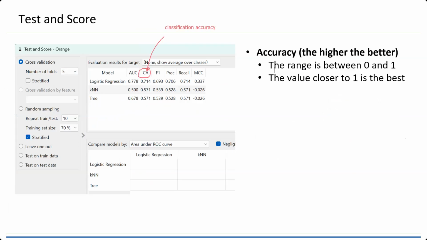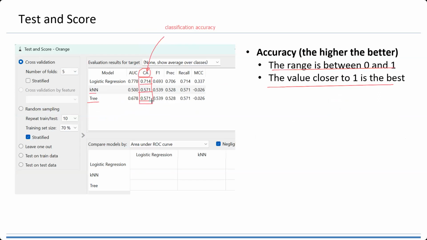The range is between 0 and 1, and the value closer to 1 is the best. If you look at this one, logistic regression shows 0.714, KNN shows 0.571, and decision tree shows